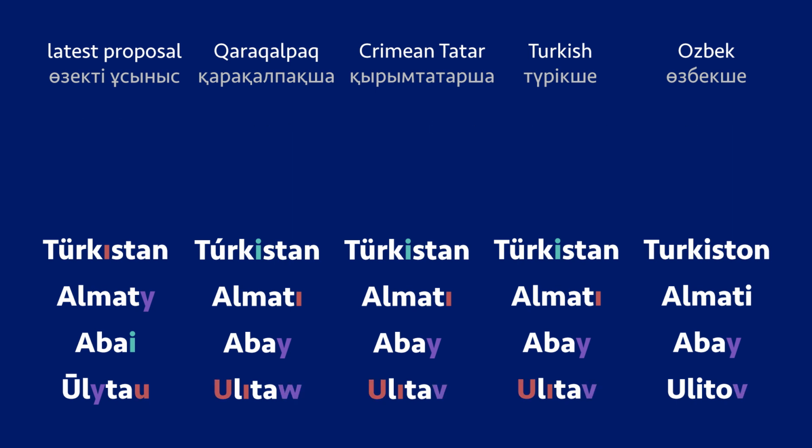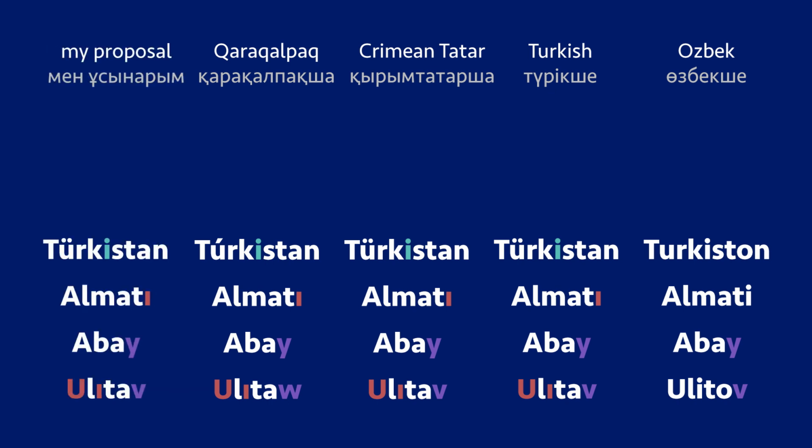The only reason we're in this situation is because our people want us to use the dotted I and plain U for the artificial Russian-esque letters instead of our own native ones. Since the Latin script that I prefer gets rid of such foreign problematic letters, everything lines up with the rest and is historically accurate. So that's why I made this video, to remind the Kazakhs what our true sound system is like. Thank you.